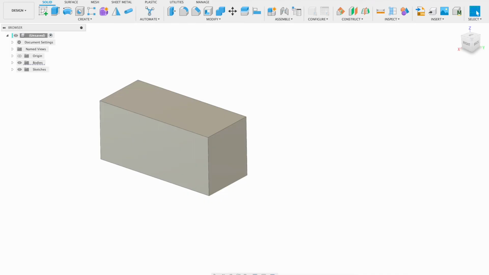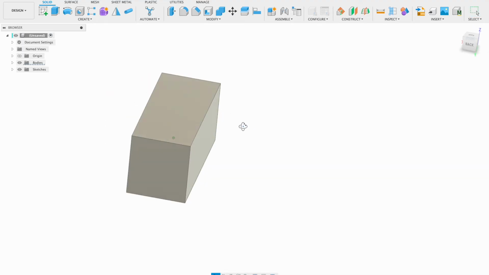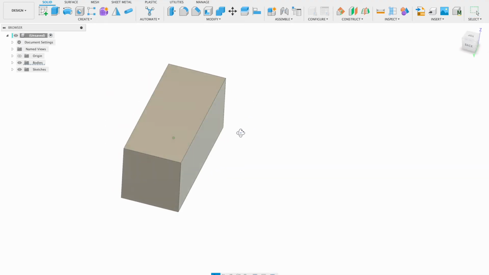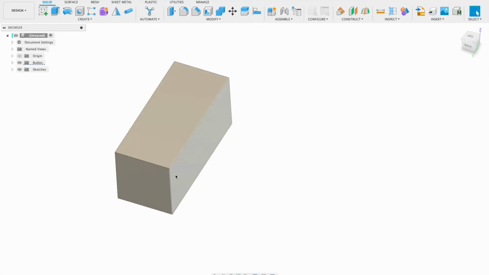Okay, but when I delete the press and pull, the 75 millimeter that I had pulled didn't go away. Okay, so if you're pressing and pulling the surface, do it once. Okay, do it on a single surface. Okay, now something